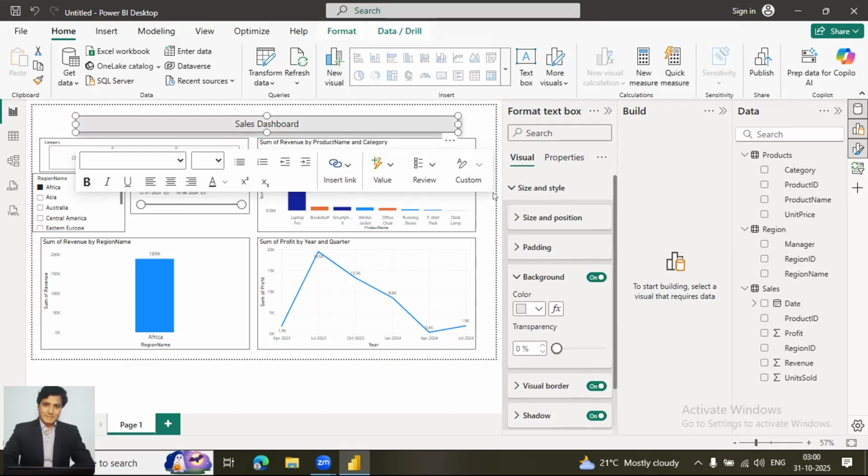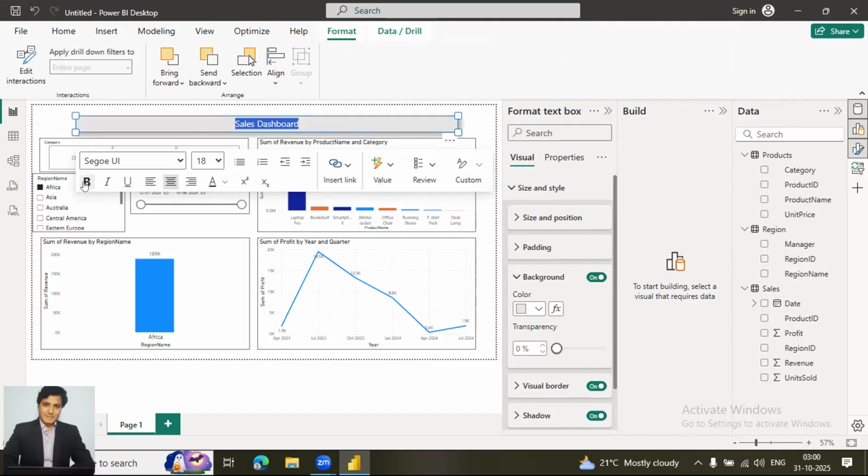You can see this. You can bold this later as well. So I will select this and I can make it bold. Okay, so this is how you can create your